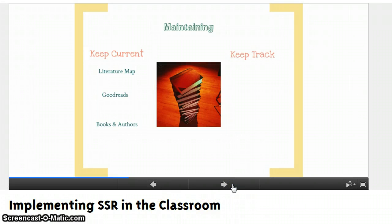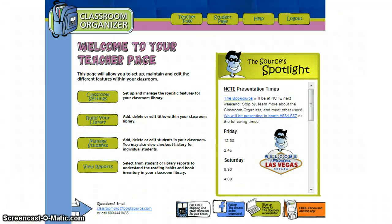So here's a great resource to use. This is from Classroom Organizer. So Classroom Organizer is going to be here at NCTE, so you can find out more information about them there. But here's just how I use it in the classroom. This is from booksource.com. And what this is, it's great because it's not only a website, but it's also an app for your phone. And what you can do, if you look at your library,